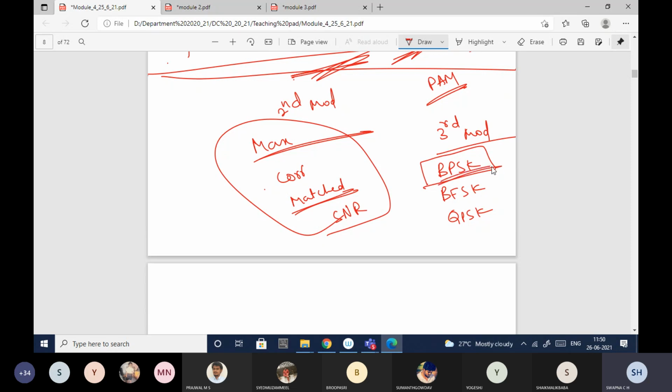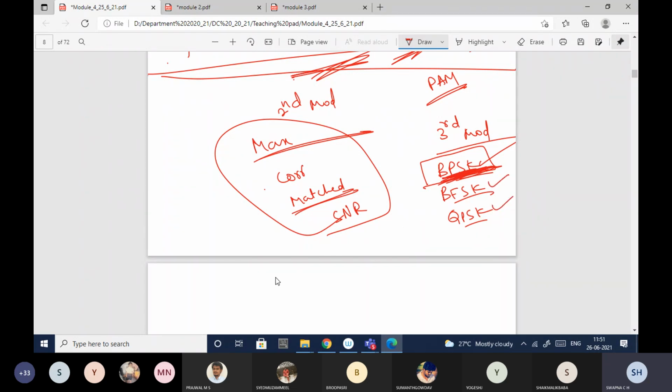That's why I was specifying, when I was teaching BPSK, I was insisting you people to understand each and every step, whatever I did there. Later on, I went a little fast because this is a basic one, which if you understand, the other derivations are similar only. The only thing is the approach and the number of carriers you will be taking will be different. Otherwise it will be the same as your BPSK only. So when you're preparing, make sure that you prepare this thoroughly, so that when you go to the next it will become very easy for you.